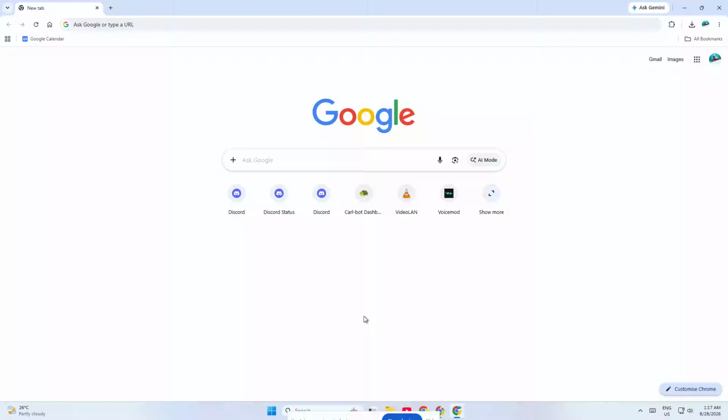If your Google Chrome screen is shifting to the right or left, or the layout looks slightly off-center, don't worry. In this video, I'll show you a few quick fixes to get Chrome back to normal. These steps are simple, safe and work well if the problem started suddenly after an update, a display change, or